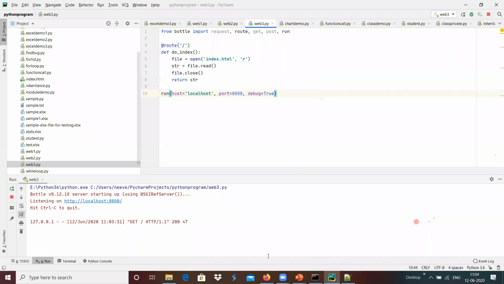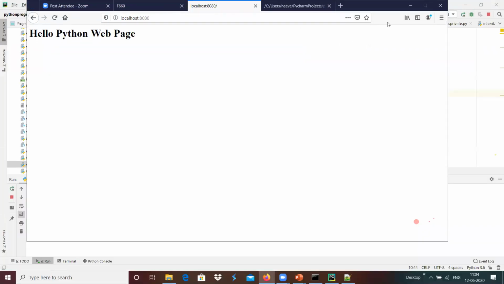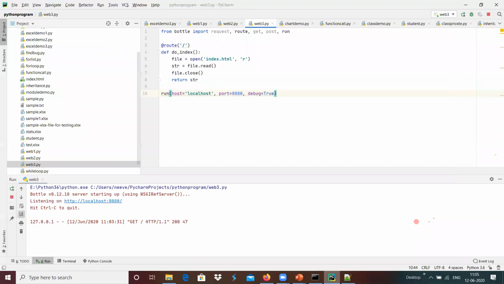For example, here we have checked that index.html has the Hello Python web page, and we read the complete file of index.html, and we provided that output information about it, and we got the similar HTML output with the help of our request, which is running on our bottle framework basically.